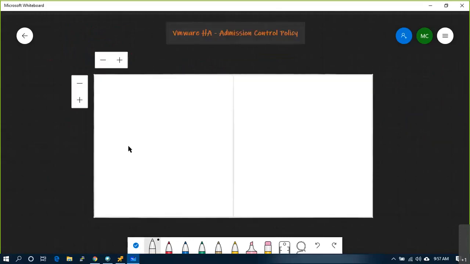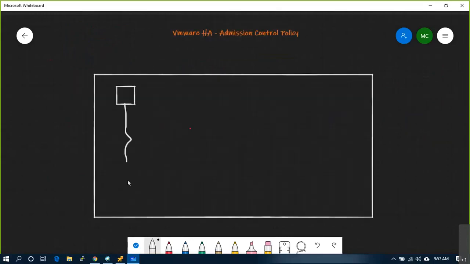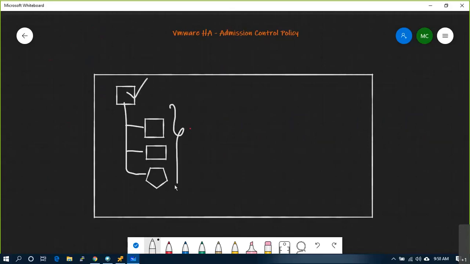In this cluster you have three different hosts. Sorry, every time we're discussing three different hosts, that is not the scenario. If you have a cluster with, let's say, 30 hosts, and around 650 odd VMs are running.